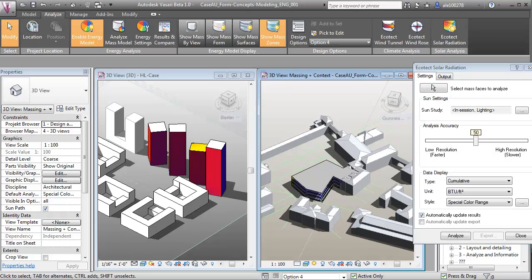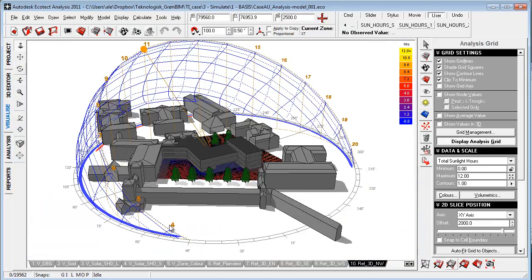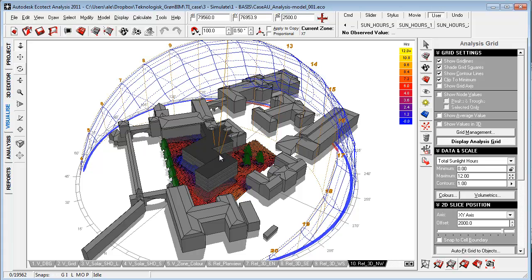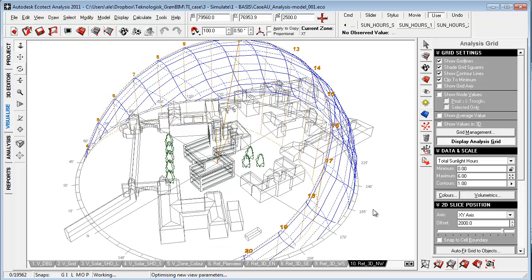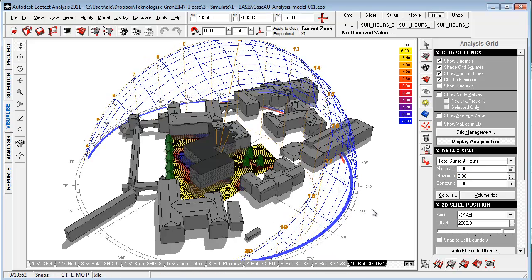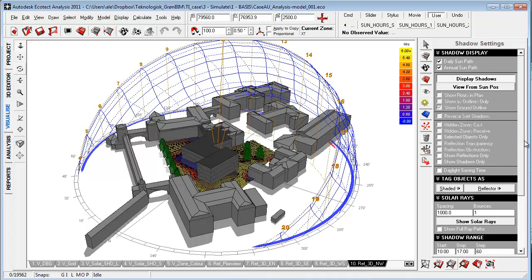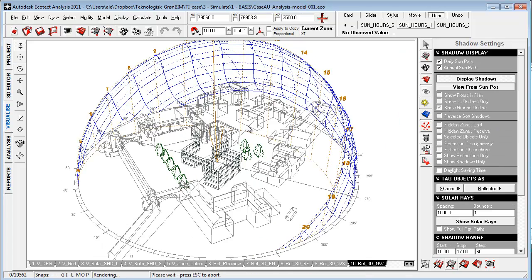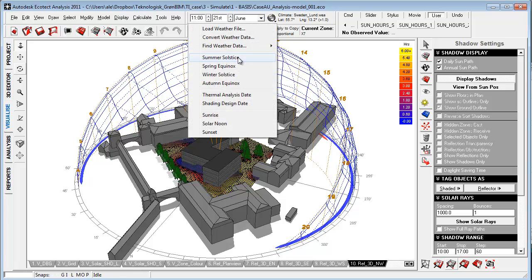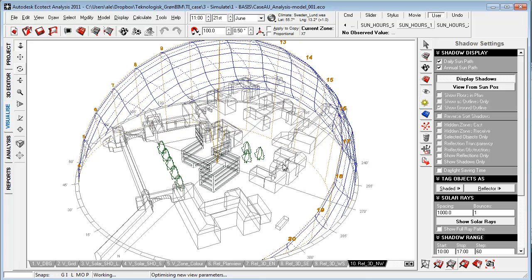Really, we have a lot of the same functionality, but what EcoTech provides us is that it's a bit more effective to work with the output. First of all, looking at the grid here, we can choose where there's between 0 and 6 hours of sunlight, and in that way use this great tool as an identifier for many of the simulations that we'll perform. And as well, of course, very simple shadow studies that will help us really go to different sun extremes throughout